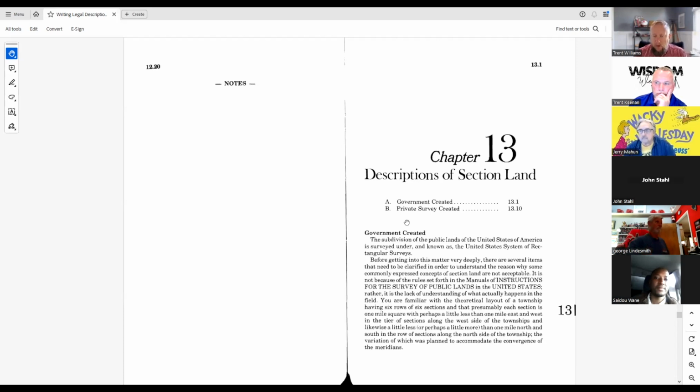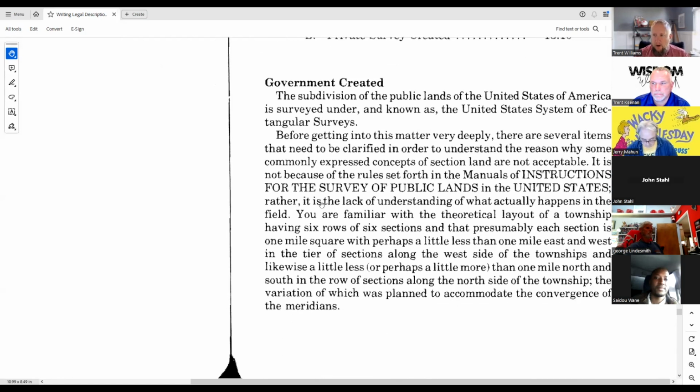And so even though it may not be a perfect percentage of that 1 mile square, the way we break that down into equal parts is we consider it all to have equal weight. They were simultaneously created on a township map, on a section map, and so they all have equal rights to itself. And as we look through this chapter on writing descriptions in the sectionalized land, we have to understand that the intent was one thing, and we respect that intent and approach it with that understanding that it was never laid out perfectly, but they were often pretty dang close.